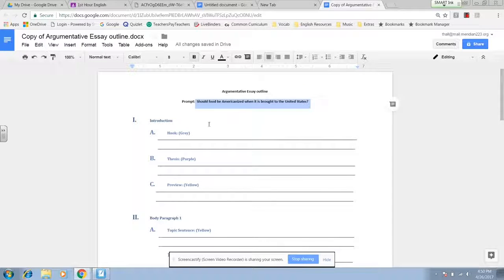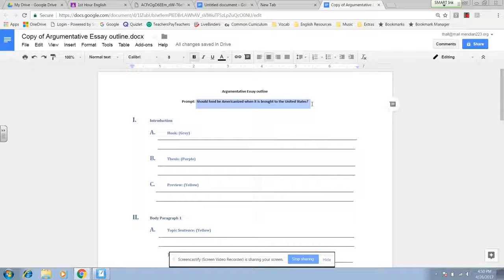Once I've chosen my side, the first thing I need to do is create a hook sentence. And remember, a hook sentence is to get my reader's attention. We have 6 different types of hooks that we talked about. You could simply ask a question. In fact, I could just ask the prompt. I could say, should food be Americanized when it's brought to the United States? This is not the best hook. In fact, this would be a 3 on our rubric,